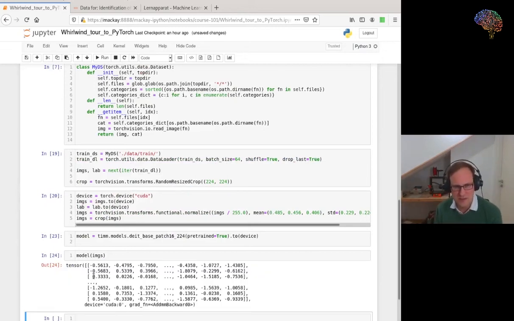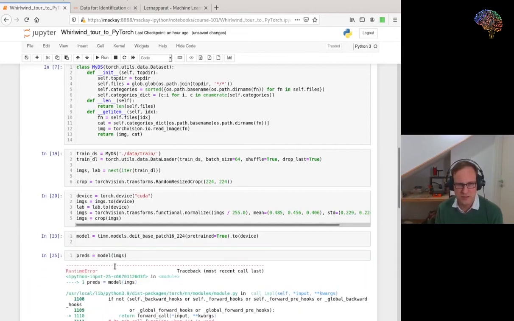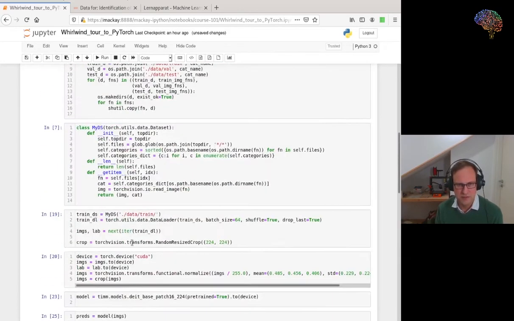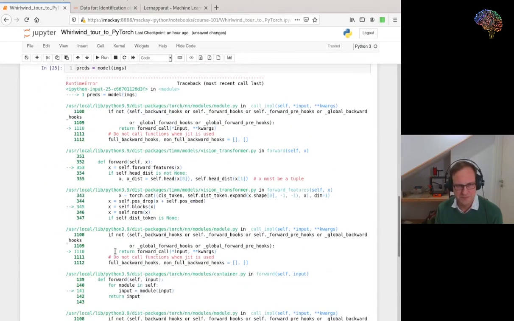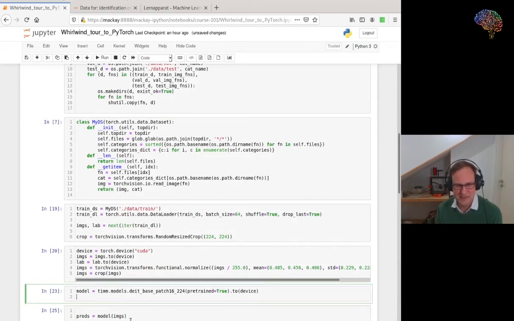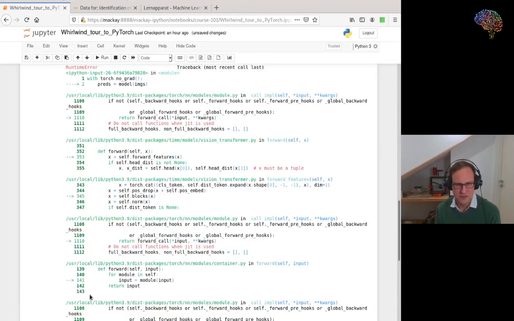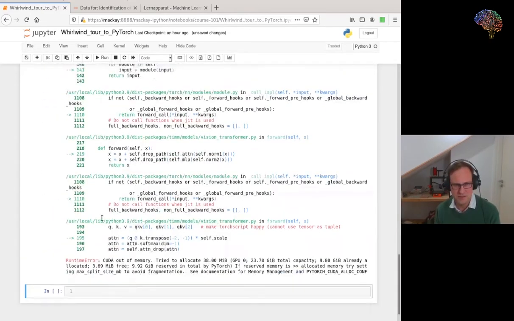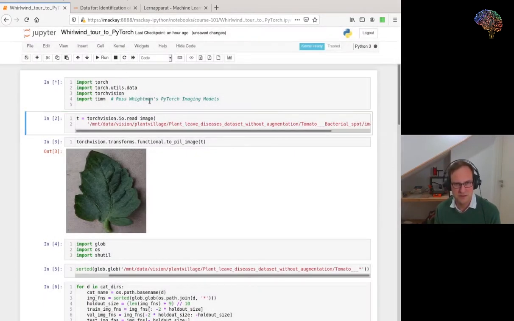Okay, now we're getting something, and if we look at these predictions, there was an awful lot of them, and now I'm out of memory again. Can you believe it? And the reason is that I'm recording graphs here a lot. PyTorch will keep track of your computation in order to allow you to take the gradient and see how to change the parameters. And you can tell PyTorch not to do that by saying with torch.no_grad, and then it will be much easier on the memory, but once you're there, it's a bit hard to recover, so I'll just restart the notebook here,